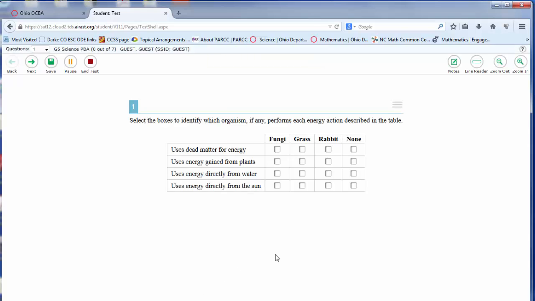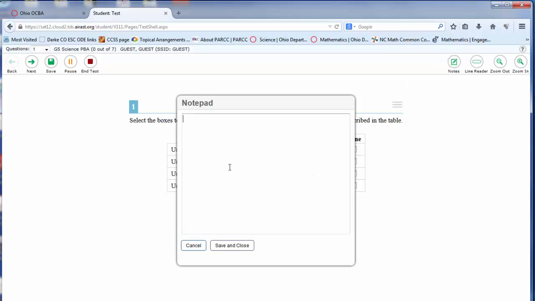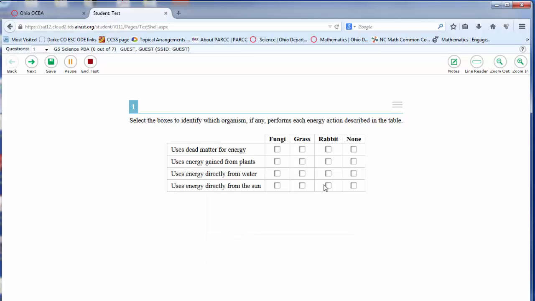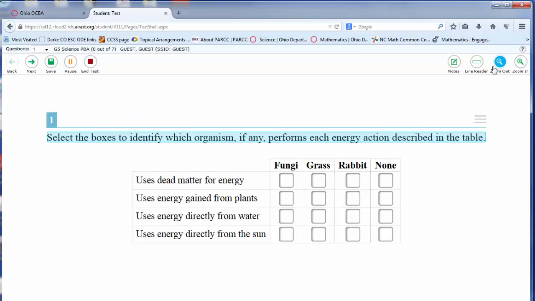Once we get to the test, this is the testing environment, what it looks like. The navigation buttons across the top is where they can go forward or backwards. They can save their test, pause it, or end the test. Over here they have a note sheet that they can actually type notes on and then go back and see their notes, because they can save it and close it. And then there's a line reader that allows them to read the different lines of the text, and then they can zoom in and out